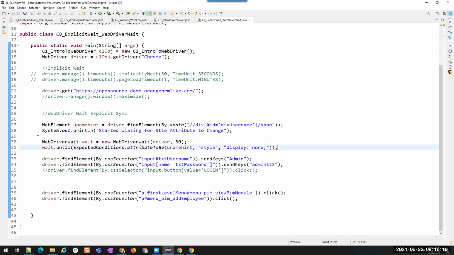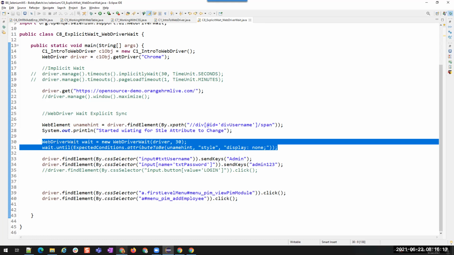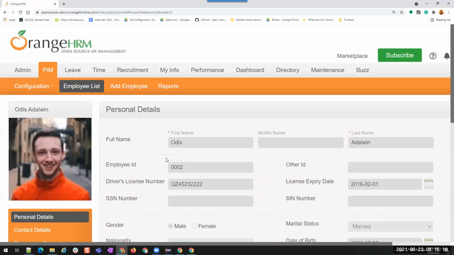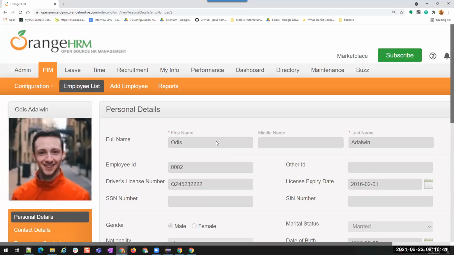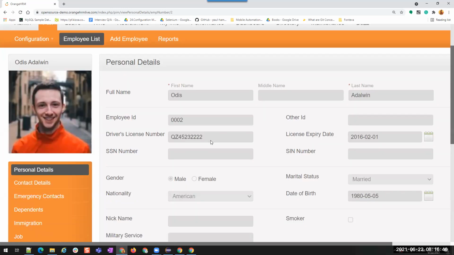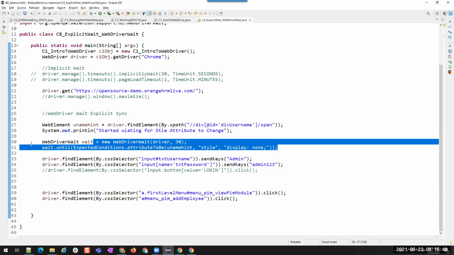This is WebDriverWait. That's all. I cannot show you the real examples because here it is automatically loading everything, and I cannot show you the other applications where we use this because those are all our office applications. So on these demo applications, I can show you only that. That is the reason I had to choose this example, changing the style. Otherwise, I could have chosen until the page is loaded or until that particular element is enabled or not, something like that. If you understood this concept, you can apply it anywhere.